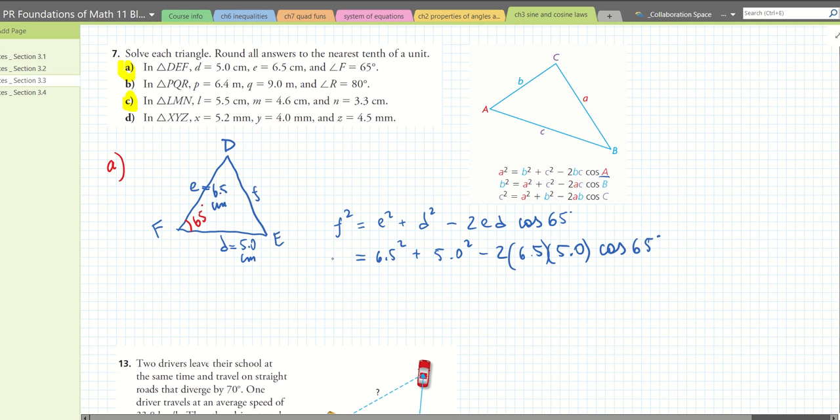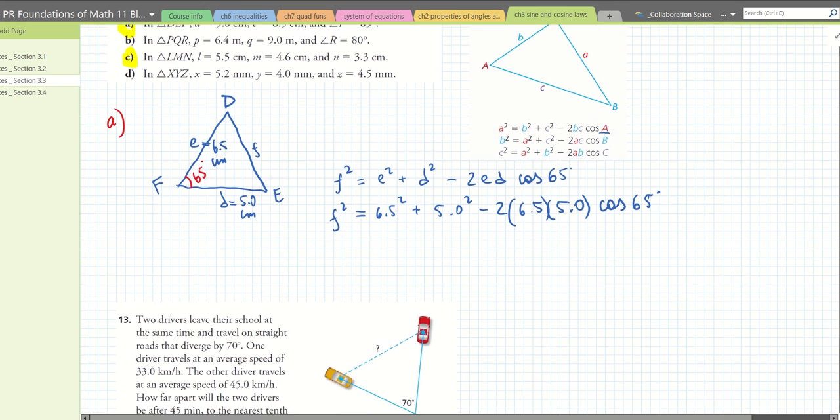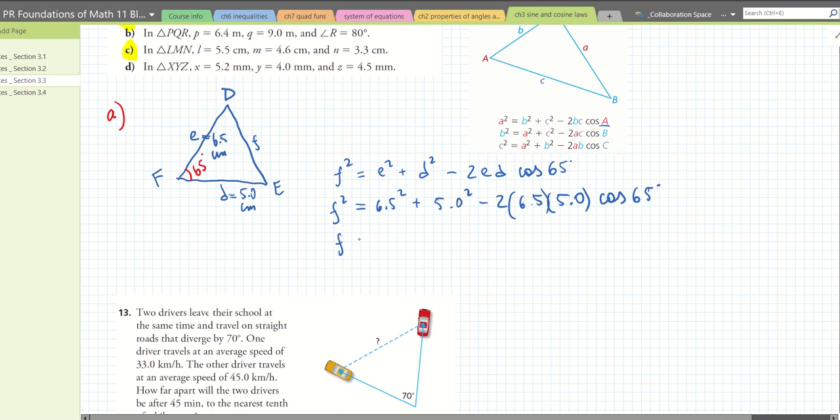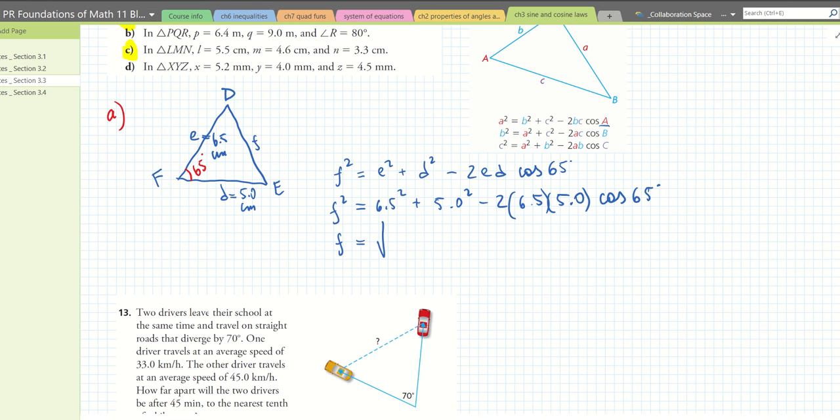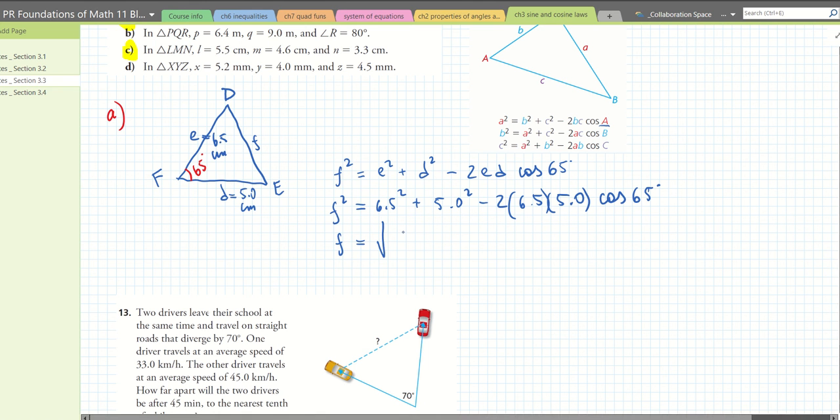Okay, now this is F squared. This is not F, this is F squared, so we'll have to take the square root as the final step. So then F is going to equal the square root of whatever this answer here is. So let's see what that is. 6.5 squared plus 5.0 squared minus 2 times 6.5 times 5 times cosine of 65. This all equals something like this,